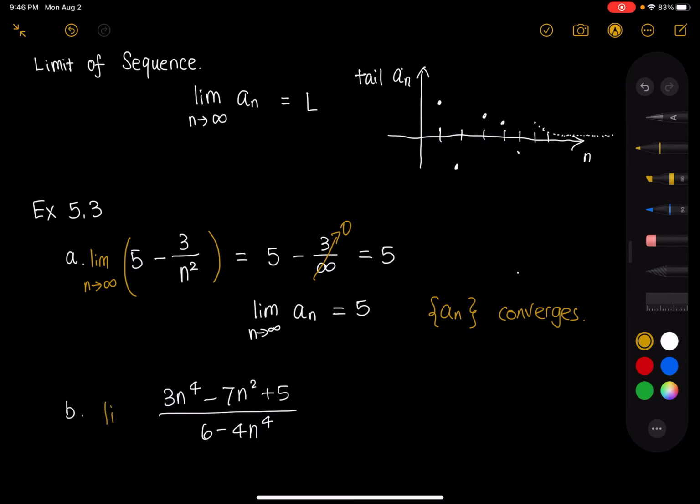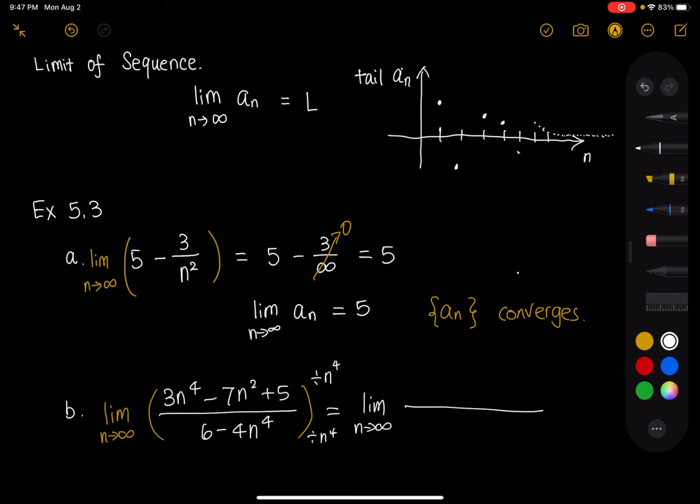Again, we take the limit as n goes to infinity. We have seen this kind of limit before in Calculus 1. We divide the top and bottom by the highest power, so n to the 4th power. So it's equivalent to the limit as n goes to infinity of